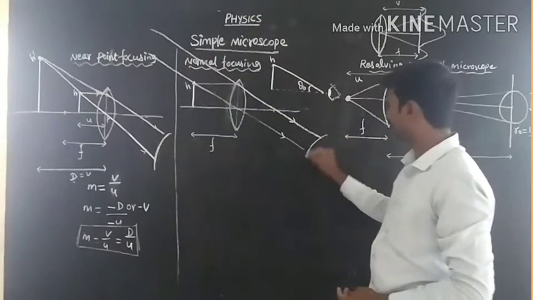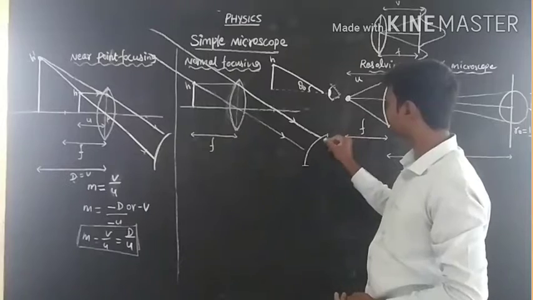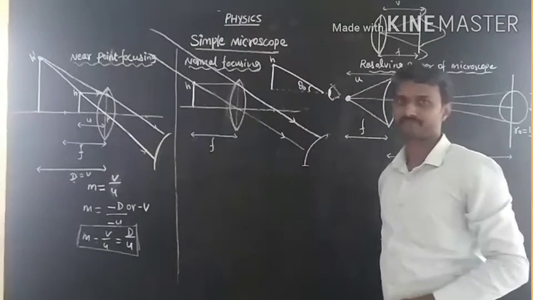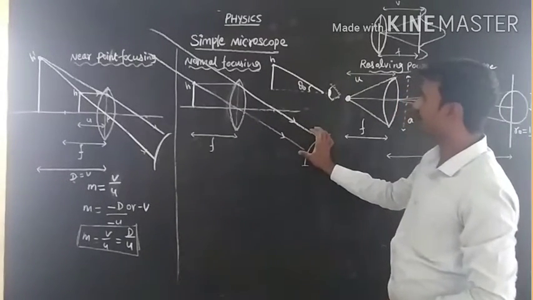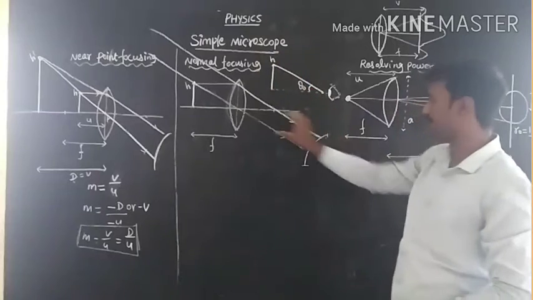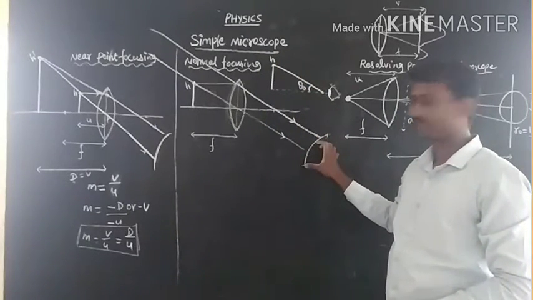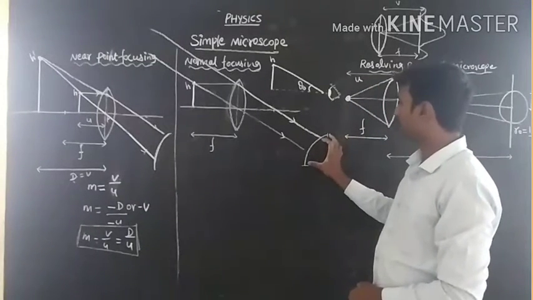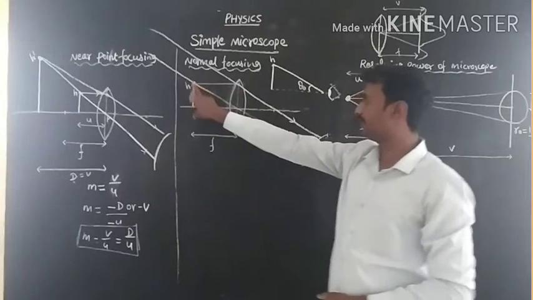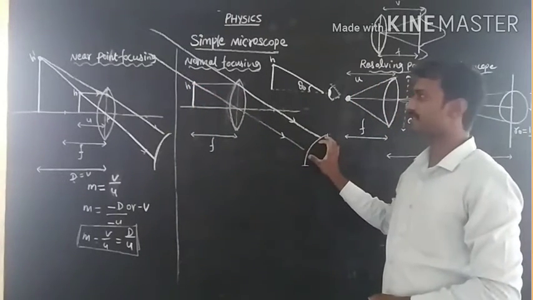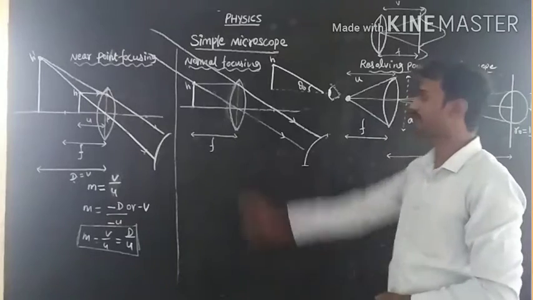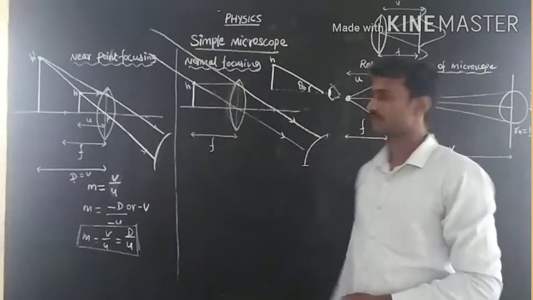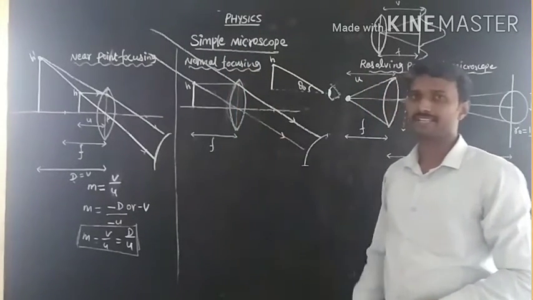So from our eyesight, the image is formed at infinity. The refracted rays appear to come from an infinite distance because they are parallel rays. In this position, our eye is in a relaxed position. So when an object is placed at the principal focus, we get the image at infinity. In this condition, the image appears to be at infinity. So the position of the image is formed at infinity.